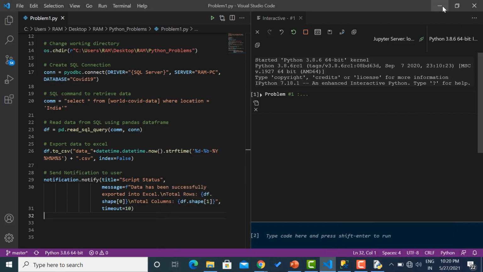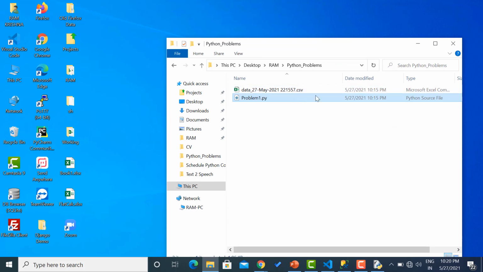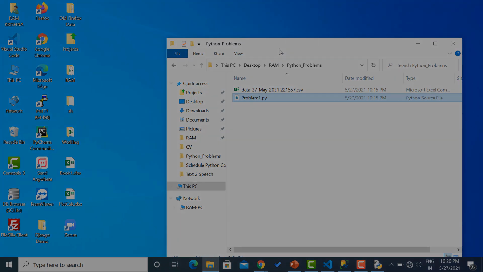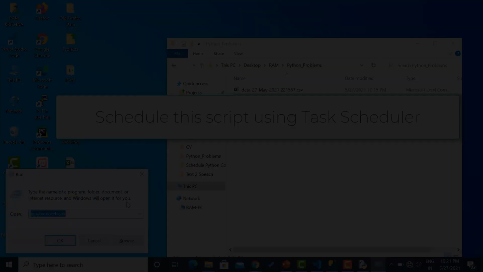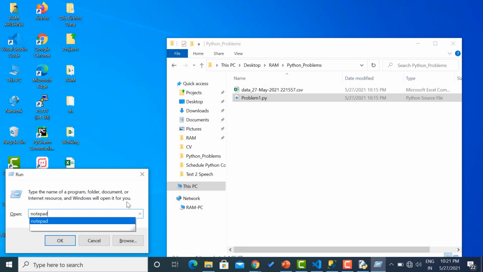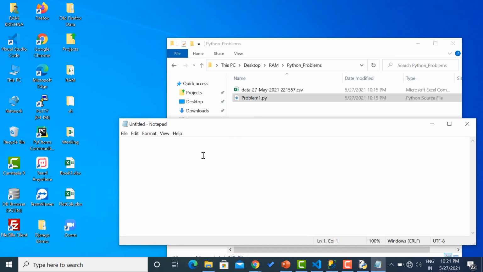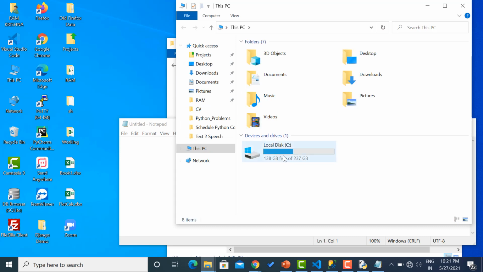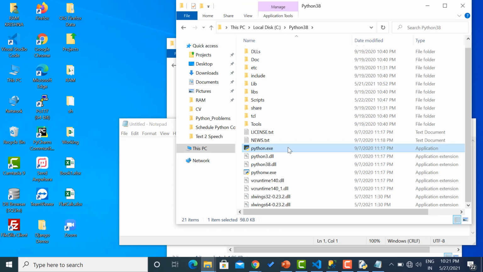Now schedule this script using Task Scheduler. So once we schedule this script, the script will run automatically at the given time. Open Notepad and then give the path of Python. In my case, Python is installed in C drive in the Python 38 folder. Just copy the path,